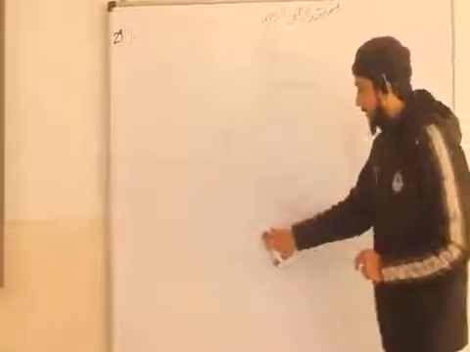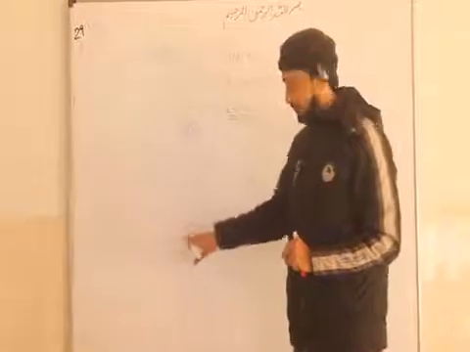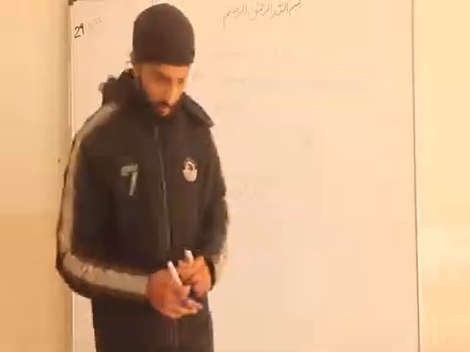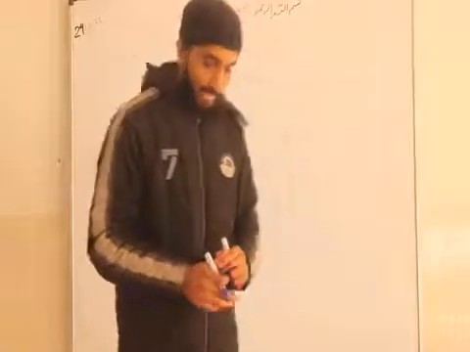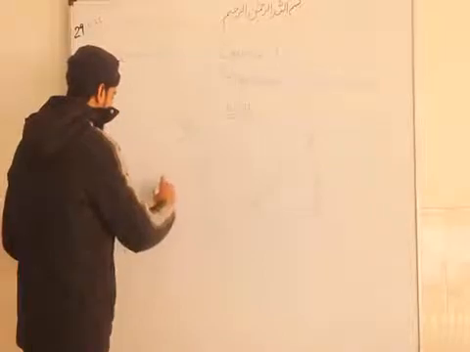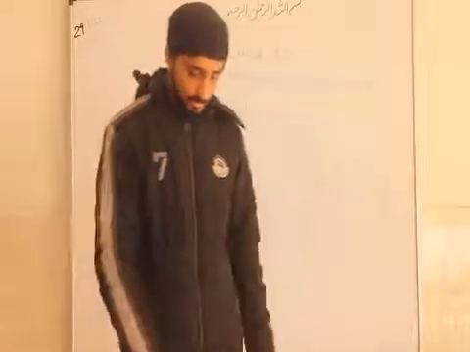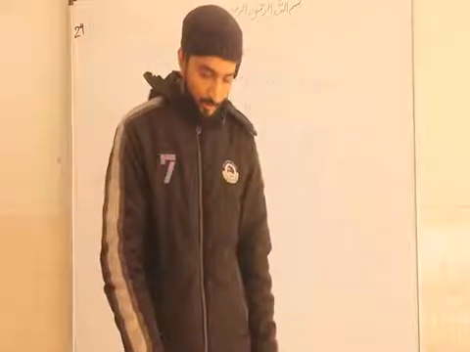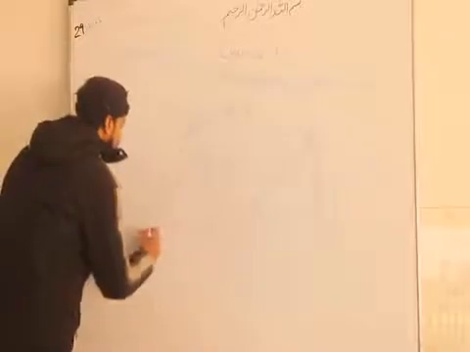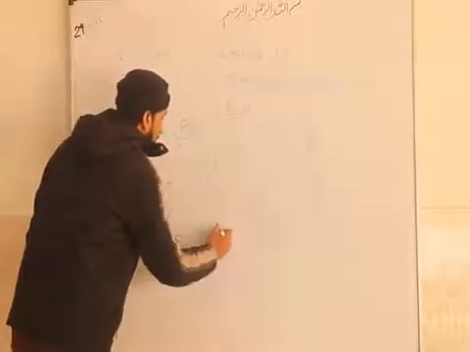So this is perpendicular, and this is the distance from the base of the wall. So these two conditions are given, and third we have to find: a 10-meter long ladder. Here the length of the ladder is 10 meter, and it is 6 meter away from the base of the wall. So find the height of the wall. This distance is given as 6 meter, and we have to find this height.